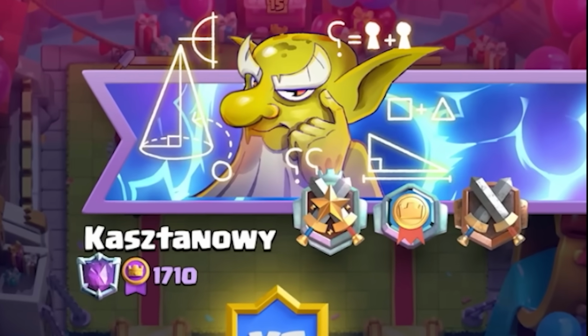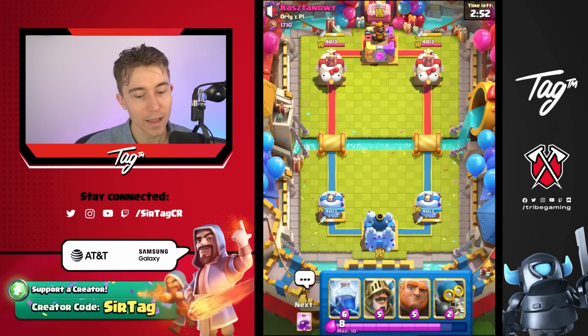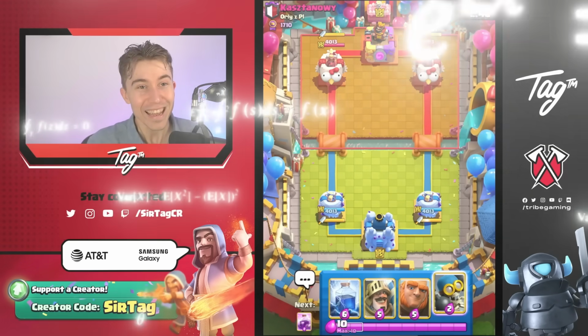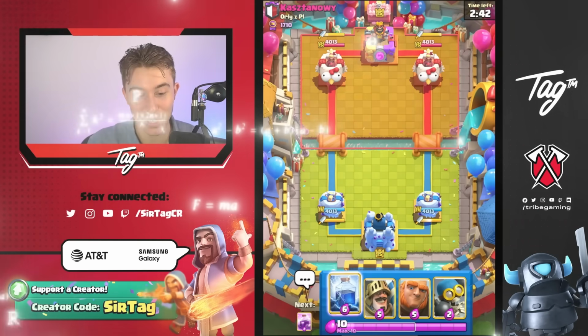All right, my man's thinking a ton with the goblins in the banner, and oh, really, Z-Pi. I don't know what that is, man. Are you doing some mathematical calculation that I don't understand? Is he calculating pi to the 10 millionth digit? I'm not sure. Anyway,